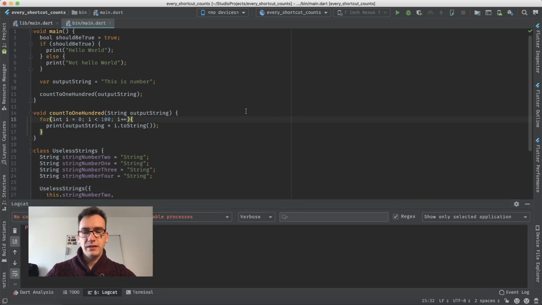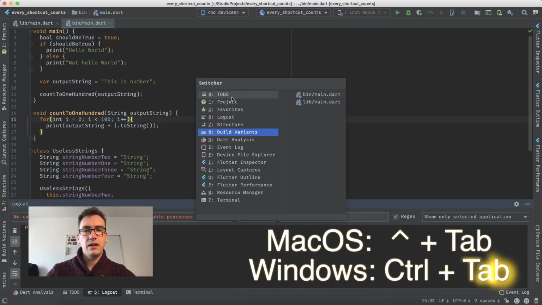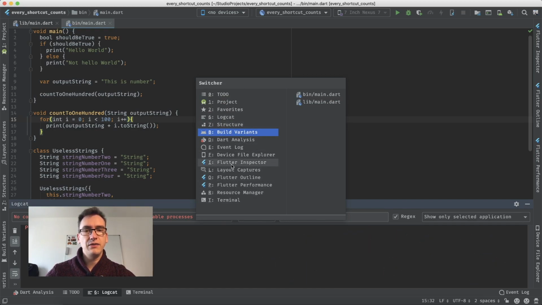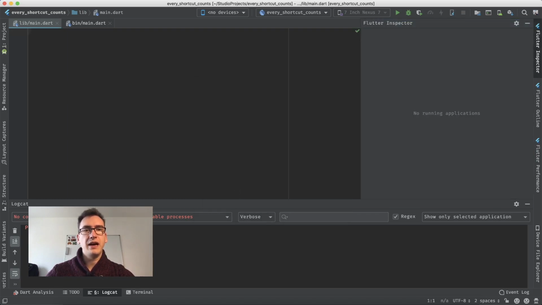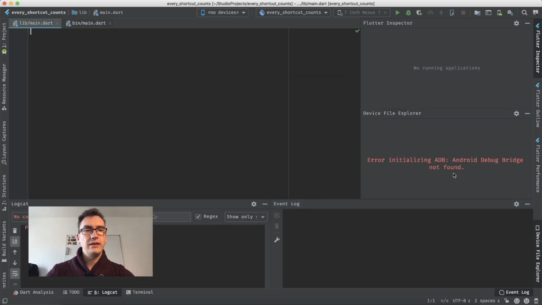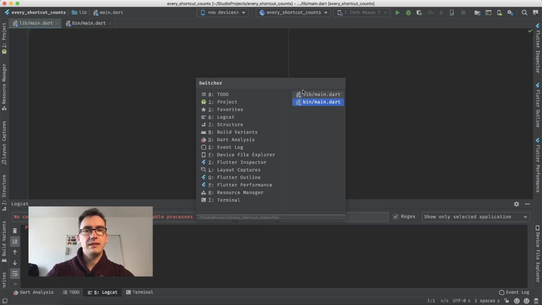But the other way is if I press Control and Tab. And what you see here is a lot of information, even different keyboard shortcuts. You can see the Flutter Inspector, for example, is Command I. If I press Control Tab and I see, for example, the one I want here, and I press the I on the keyboard, you can see it immediately opens up the Flutter Inspector. Or if I press an E, you see the event log, and the Flutter devices with Command F. With that, you can navigate very quickly around, and also with Control Tab, you can see on the right side